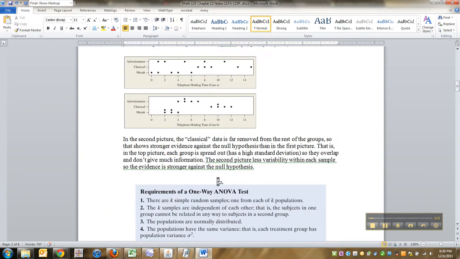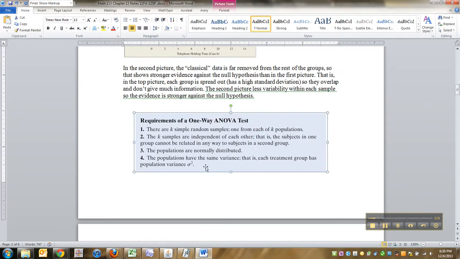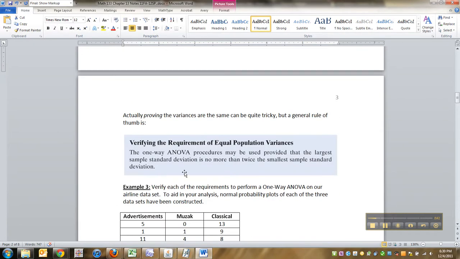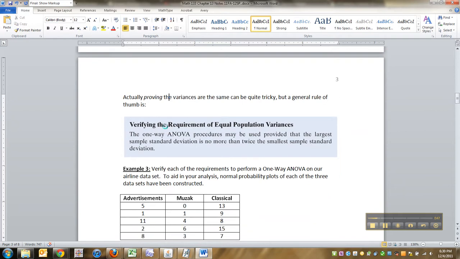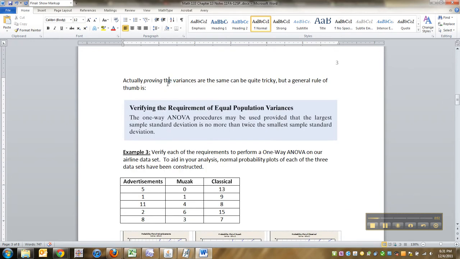So you can see for the second one right here, the second picture we said was stronger evidence, that has the same variance. The top one doesn't. So we want them to have the same variance, i.e. the same standard deviation. Actually proving the variances are the same can be really tricky. You can make Excel do it for you sometimes. But a general rule of thumb is that